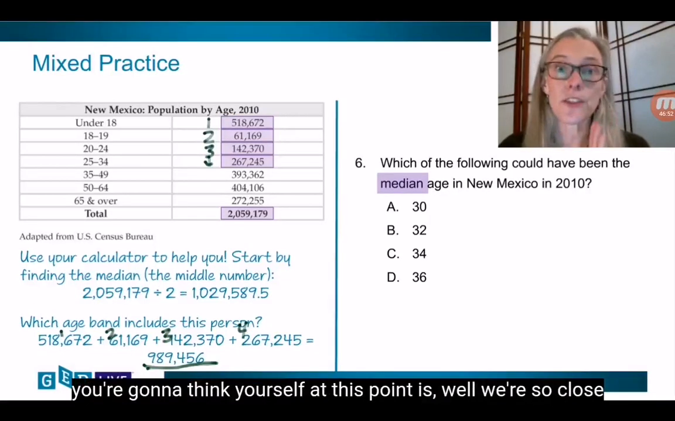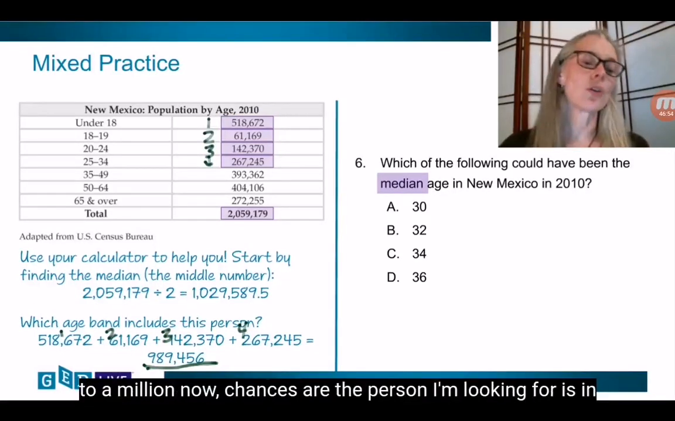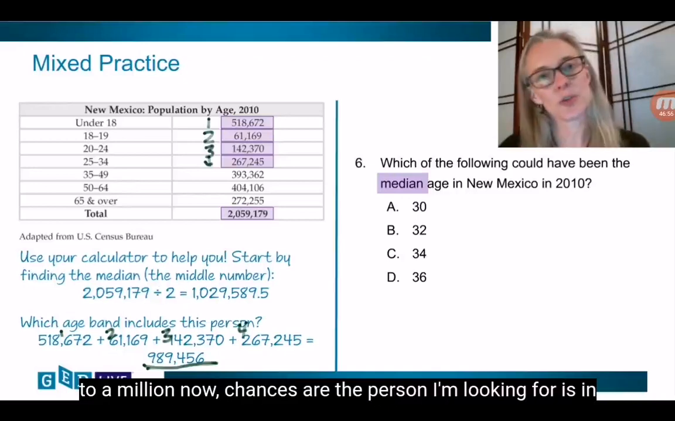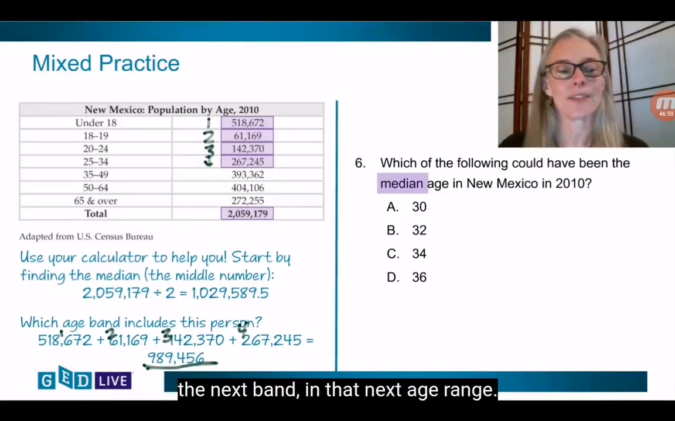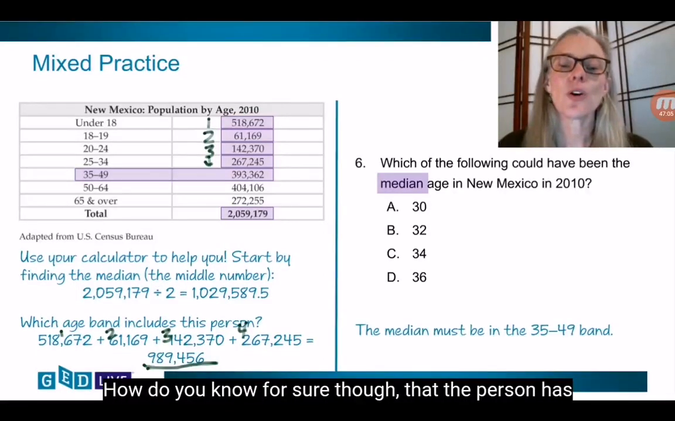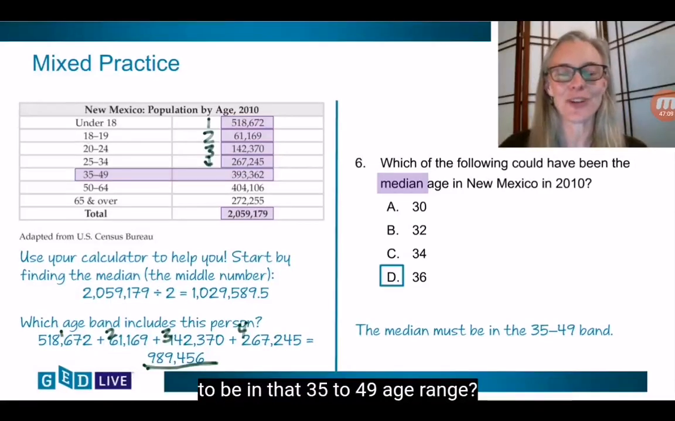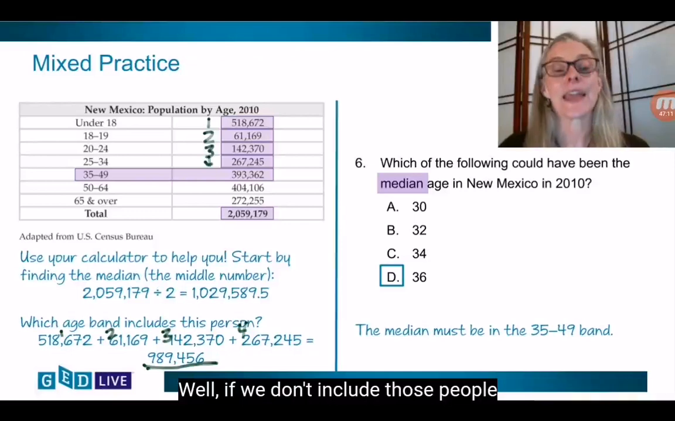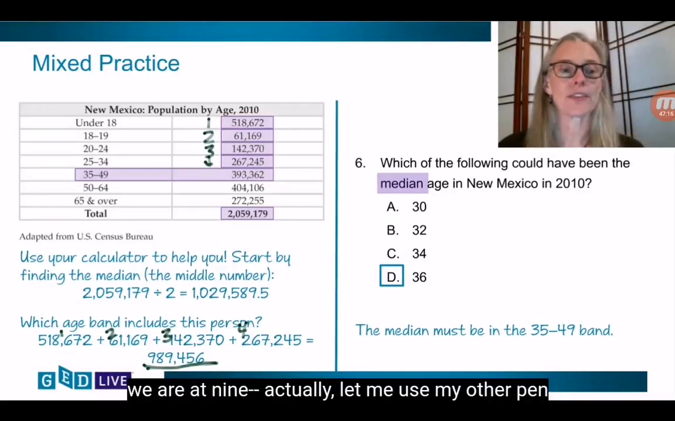So what you're going to think to yourself at this point is, well, we're so close to 1 million now, chances are the person I'm looking for is in the next band, in that next age range, right? How do you know for sure, though, that the person has to be in that 35 to 49 age range? Well, if we don't include those people, we are at